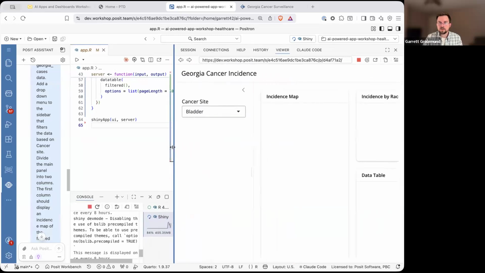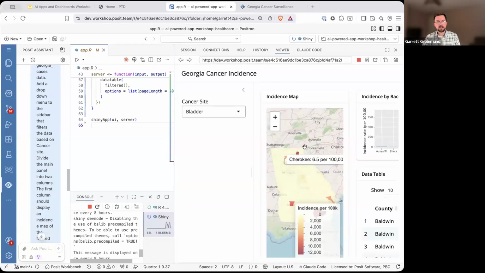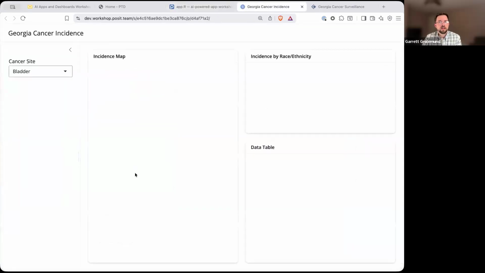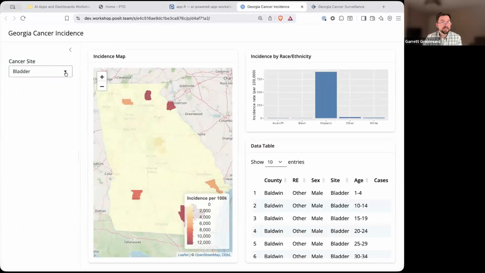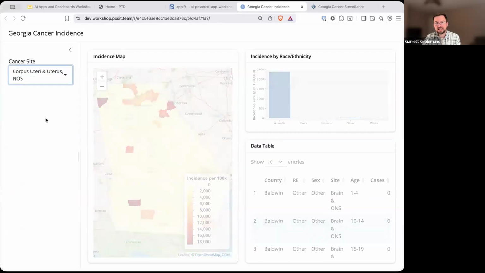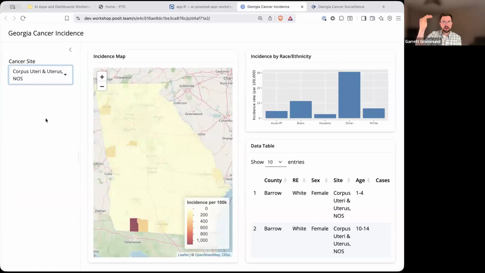So here we go. Things are loading. Okay, so I got bladder cancer hotspots. This might do better if I put it in its own tab. Take a look at it. Everything's there. The last test is just to see if it's interactive. And it passes. All right, so I now have a Shiny app that is interactive, and I could look at